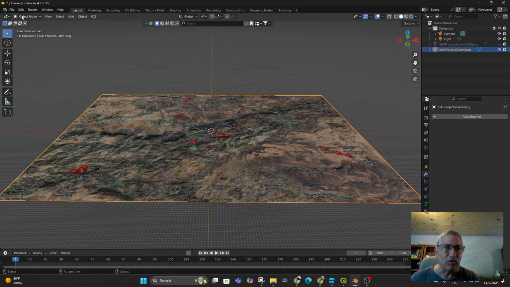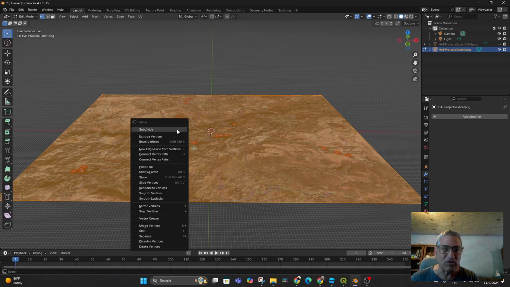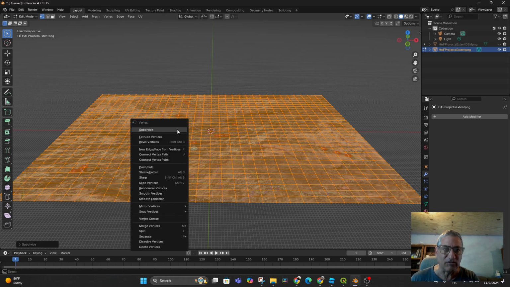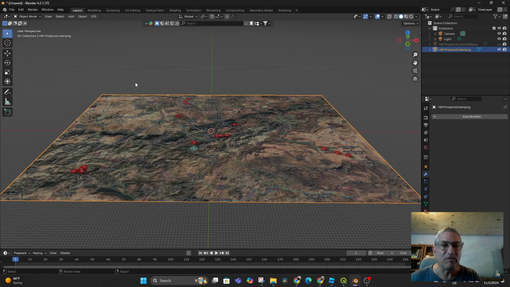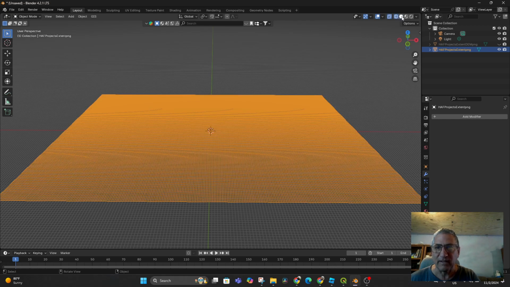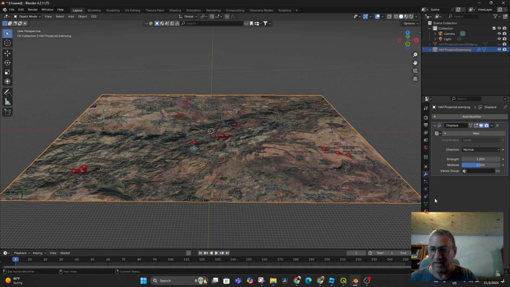and go to edit mode and then select everything and then do your subdivide 8 times. 1, 2, 3, 4, 5, 6, 7, 8, if your computer can handle it. And then having subdivided it, you're supposed to be able to add a modifier, go to displace, and then choose a new displacement texture, name that texture HAF project